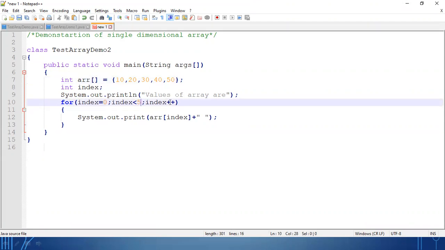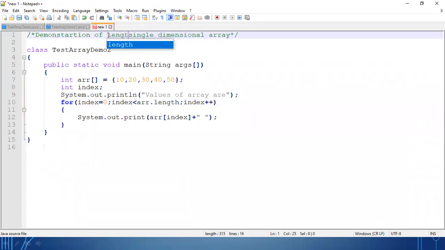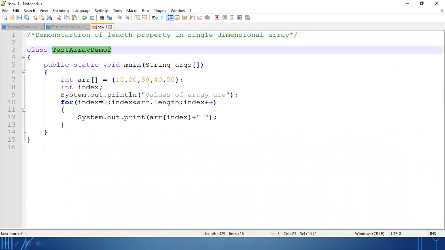So here, instead of 5, suppose I don't know what is the size of the array, I can use one concept, length property. Okay. So demonstration of length property in single dimensional array. Okay. I have declared the array. I have assigned the value. Okay, random values. Then I want to print the values.